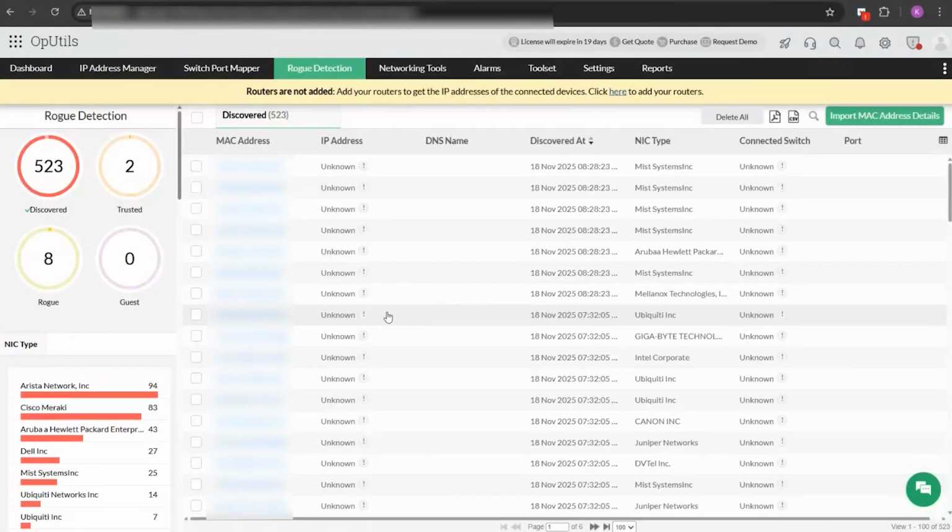So how does this list actually get created? Through real-time network scanning and Active Directory integration. Once you've set up your OpUtils deployment and added your IPs, switches, DNS servers, DHCP servers, routers, and Active Directory, OpUtils starts monitoring your entire network. It keeps an eye on every device that tries to connect, what IP it's using, which switch port it's on,